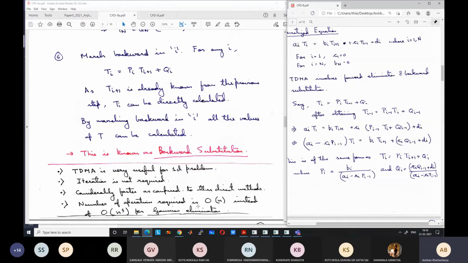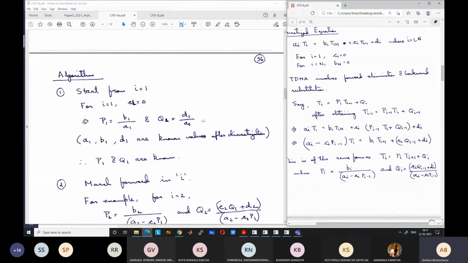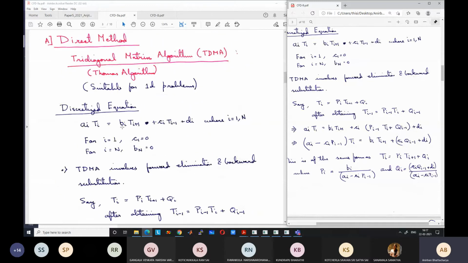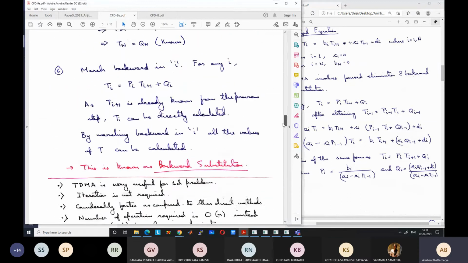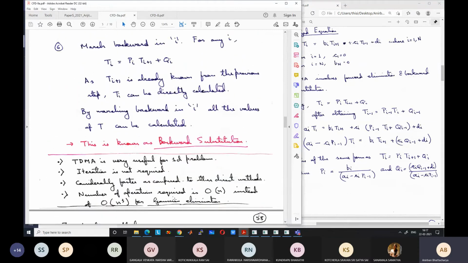On the other hand, for methods like Gaussian elimination, which we have not discussed because it is very inefficient, but it is needed in other cases where we don't have a tri-diagonal matrix. If the matrix has a lot of values, then you obviously cannot use the Thomas algorithm. It is only useful when you have this type of tri-diagonal arrangement. Otherwise, you cannot use it. For Gaussian elimination, even for a tri-diagonal matrix, the number of steps varies as n to the power 3.